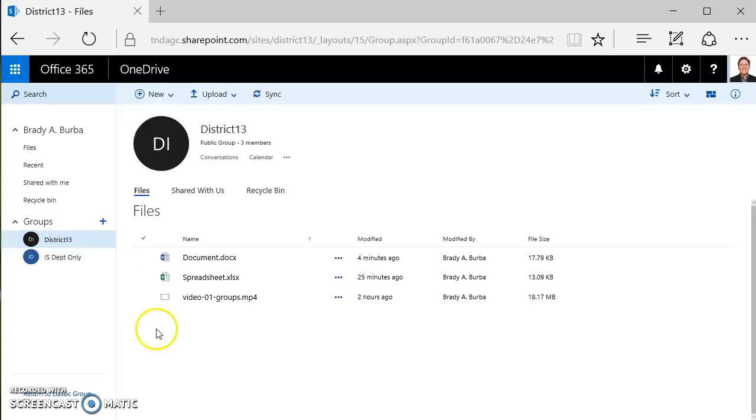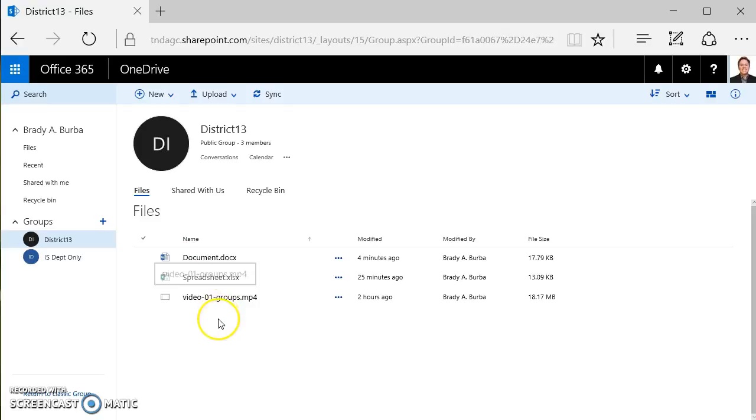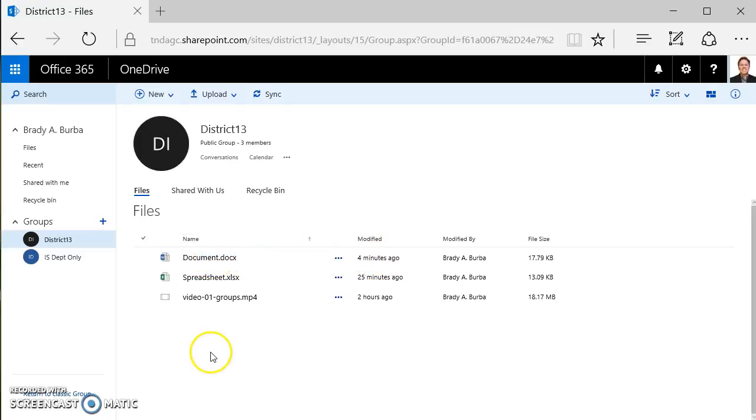That will take you to the main directory of the group. There are a couple of things already listed here: one is a document, another is a spreadsheet, and another is a video. The document was created just a little bit ago; it was modified 4 minutes ago. Just to give you an example, these will be